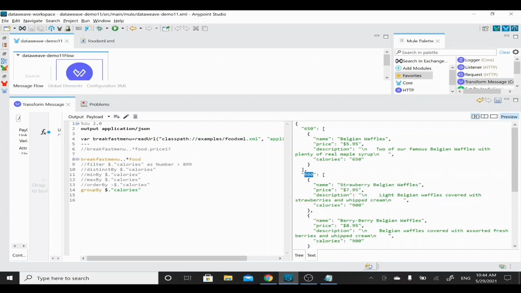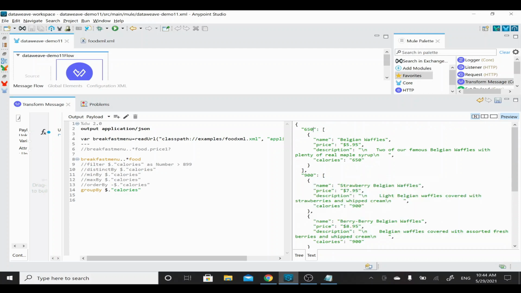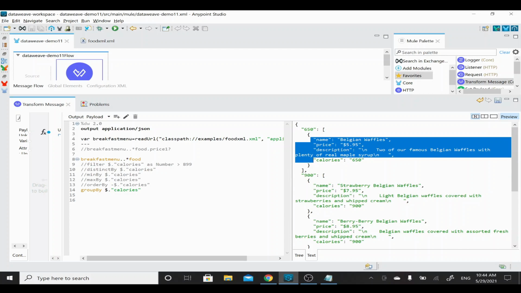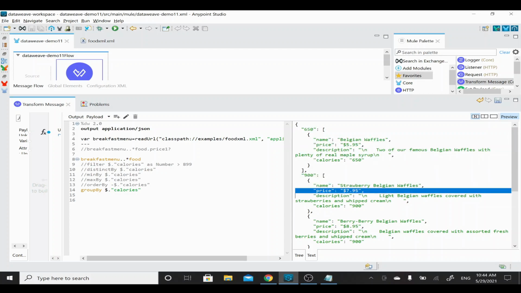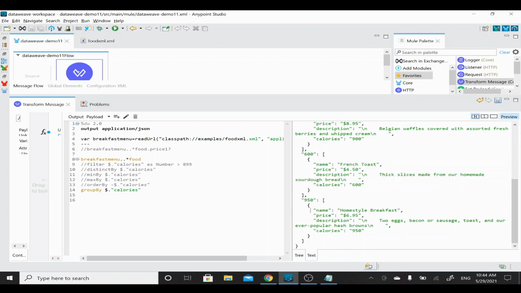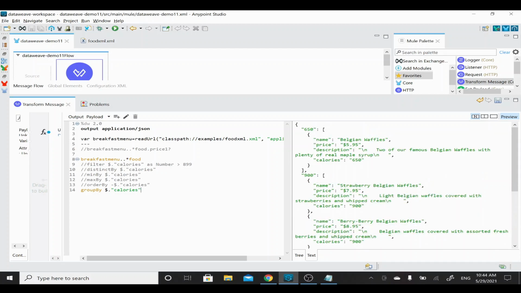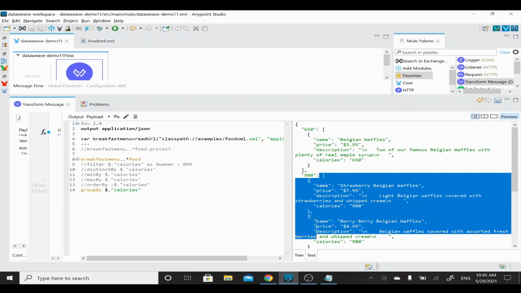For example, I wanted to check what are the items related to calories 900. Then we can take these 2 things, right? So it's grouping based on the specific value. Whenever it matches a unique value, it puts that in one group. For 900 we have 2 objects in the same group because there are 2 foods related to calories 900. Then 600 has 1 food, and 950 also has 1 food. That's how group by works, because we can group the related items into a specific array. If you see here, this is the array for 650, and for 900 we have 2 objects in that array.